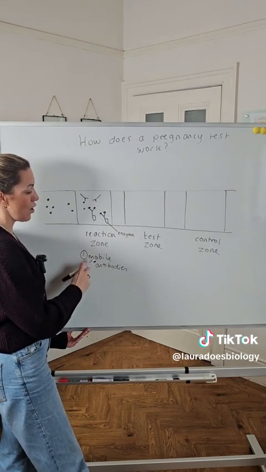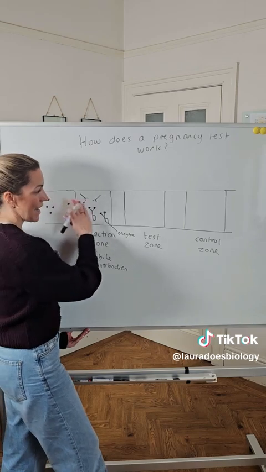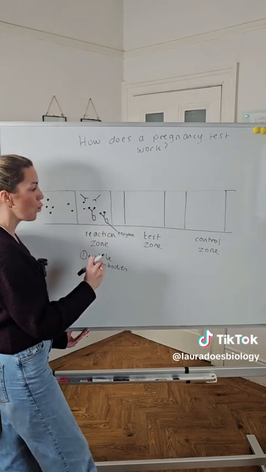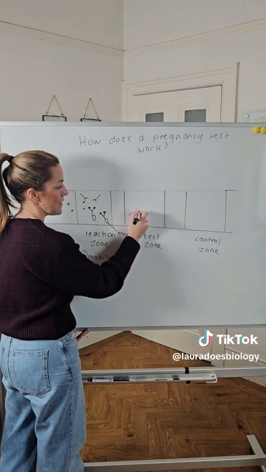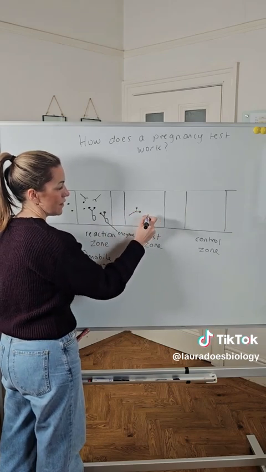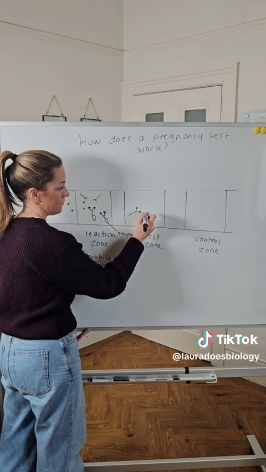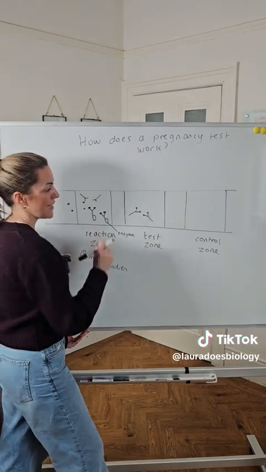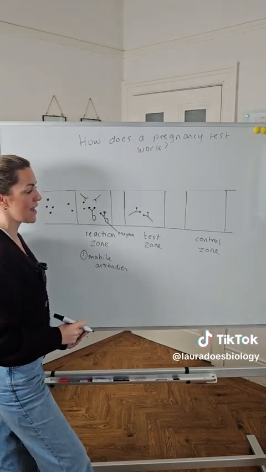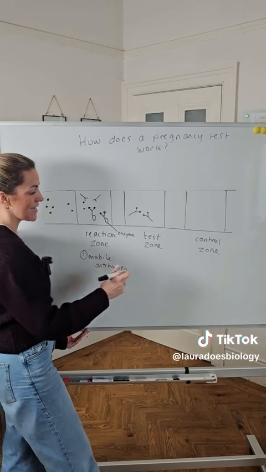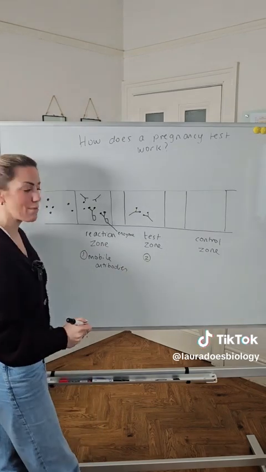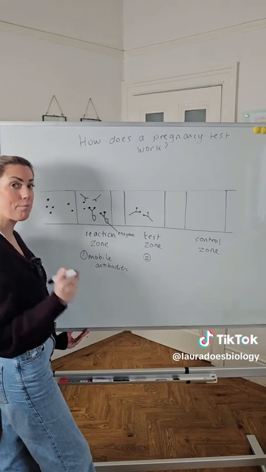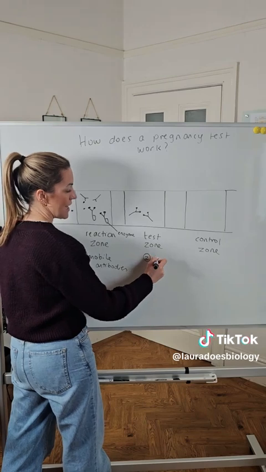Now, these antibodies are mobile. So again, as the urine is diffusing along the test strip, the mobile antibodies are going to get moved with it. So they're going to move into the test zone. Okay. So the mobile antibodies have now moved into the test zone. The mobile antibodies have got the HCG attached to their antigen binding sites. In the test zone, we've got a second type of antibody. It's also complementary to HCG, so it can bind to the hormone, but these are immobile